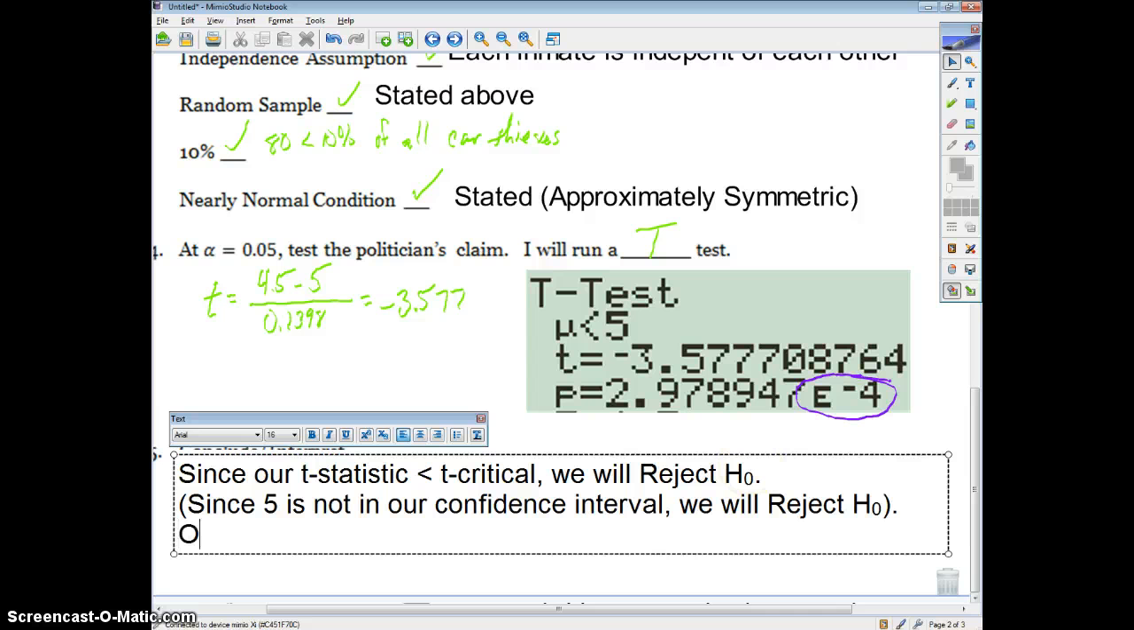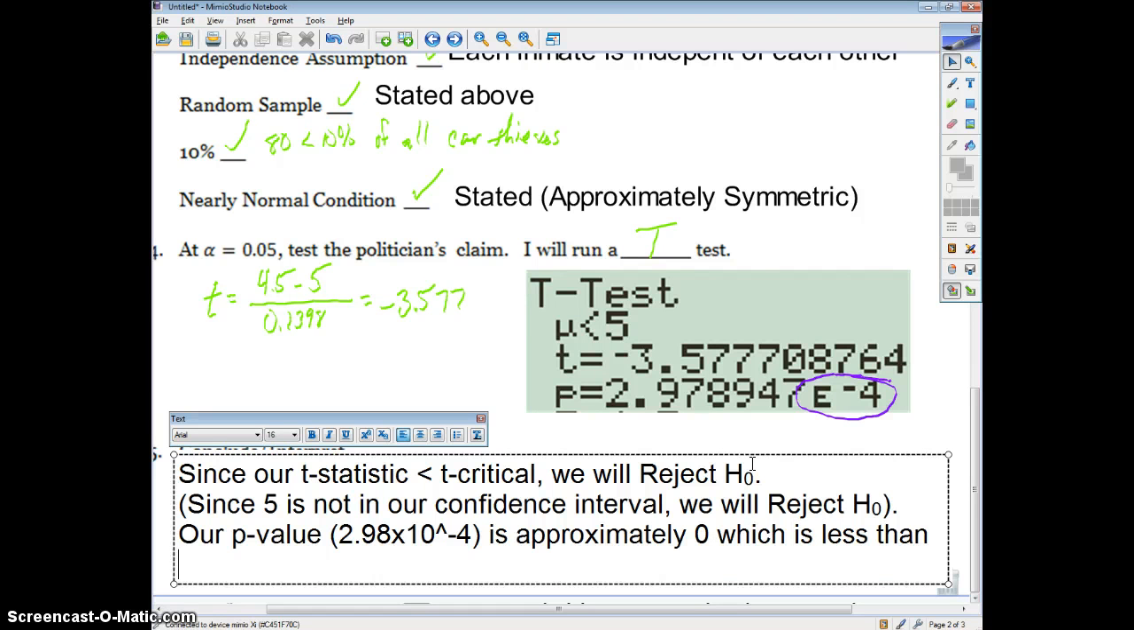Okay, so now our p-value, which is 2.98 times 10 to the negative 4, is approximately 0, which is less than the alpha level, 0.05. We reject the null hypothesis. Therefore, again, what does that mean? Now, context. Therefore,